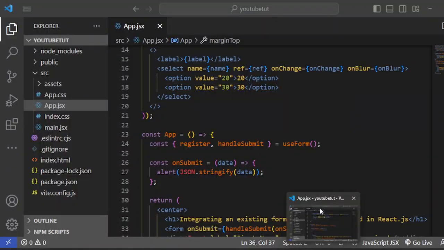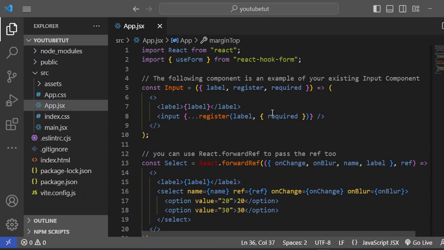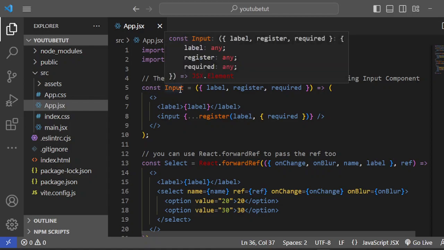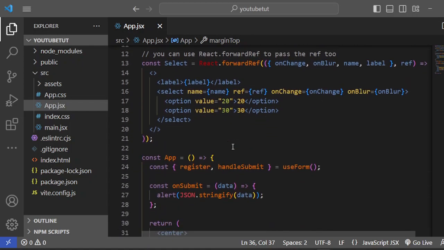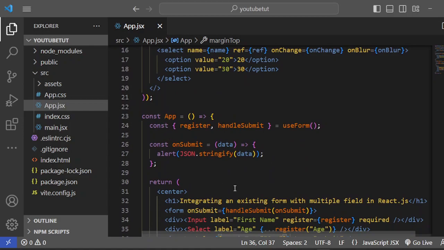Here we declare the input field as a component, and inside the component we pass props: label, register and required. These are the prop values,